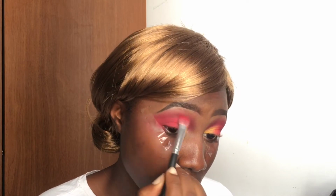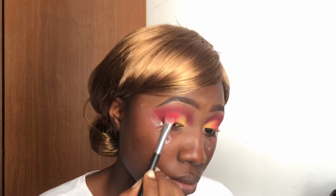After finishing the look, I'm just going to grab my blending brush and give it one nice final blend and apply a little more red because I want the look to be all fiery and beautiful. So I gave it a nice last blend before I took the tape off. And after I'm done blending both eyes, I'm also going to apply some eyeshadow primer, a real primer this time,